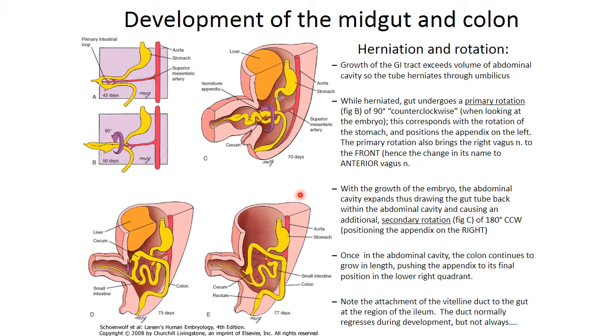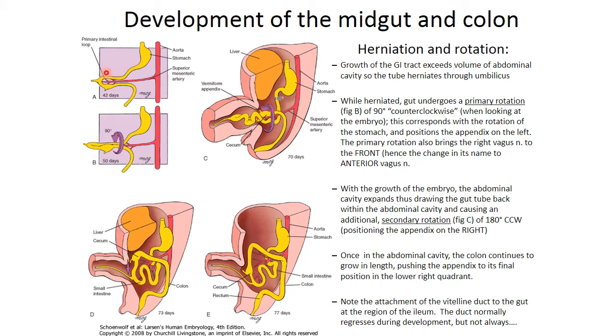So now moving on to the development of the hindgut. So this is the stomach you have seen, then the duodenum, and all the rest of this loop is the midgut. And you have seen previously that this midgut has this connection, that is the vitelline duct. So this vitelline duct is indicating that this area is a midgut.